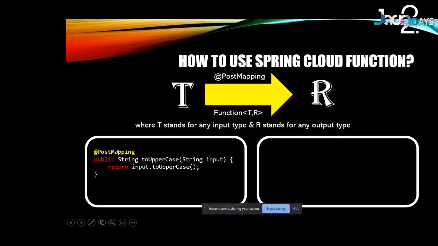Now the same I can do with the help of a function, which is a functional interface. Here I'm mentioning that it is going to receive a string, and here that it is going to return a string. Again, you can take any input data type and return anything. Inside this, we write the logic.